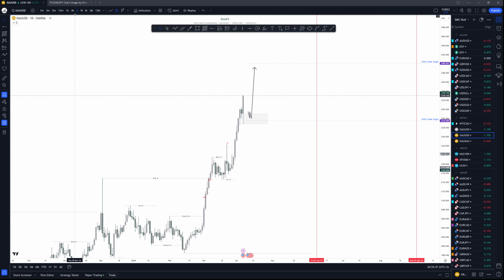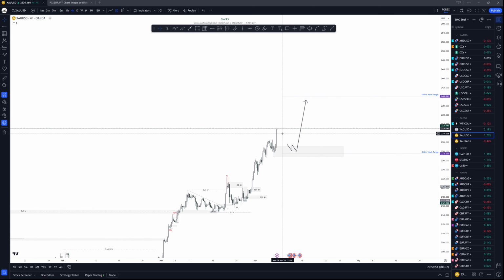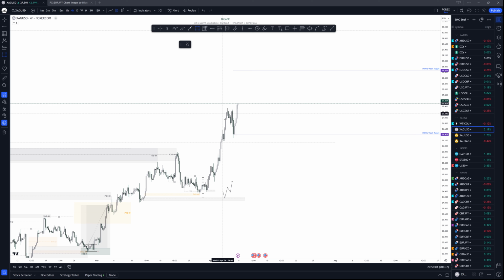But selling gold is not an option for me. I don't like selling gold with how bullish it is. Even around this level I won't try to sell it. Or just wait: if gold comes to these levels, then I'll look to fade the move to the upside. For silver it's the same thing. I'd like to see price come into this long wick right here, and then from there look to buy the market to the upside.